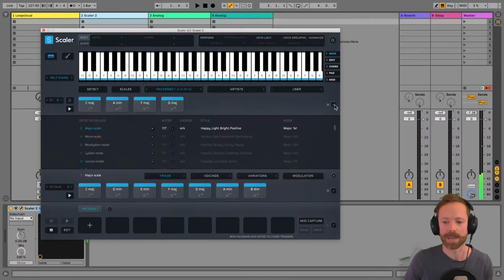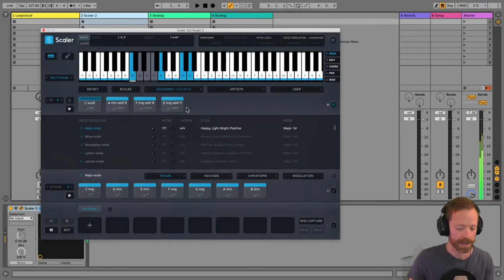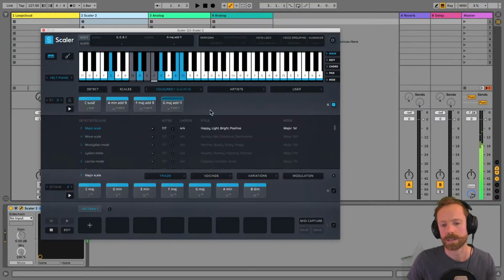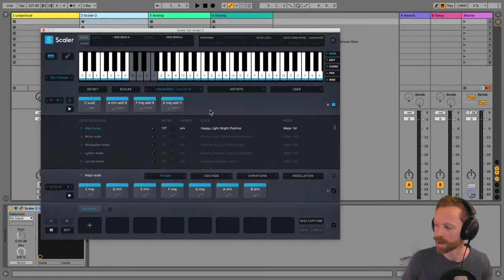I'm just going to bind my keyboard to it so I can play it from here. And then a colored one, which just adds in a few kind of spicy notes from the scale. You would never know that was from most pop songs throughout time with those added notes in there. It suddenly sounds completely new and very moving.